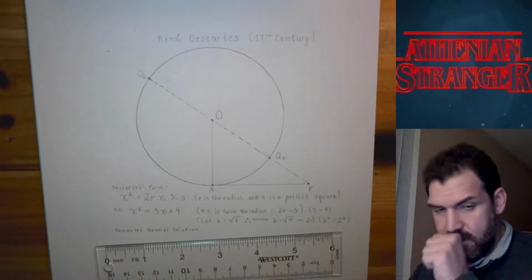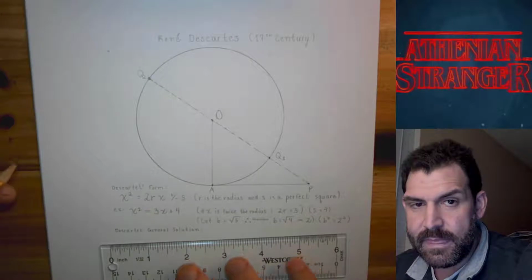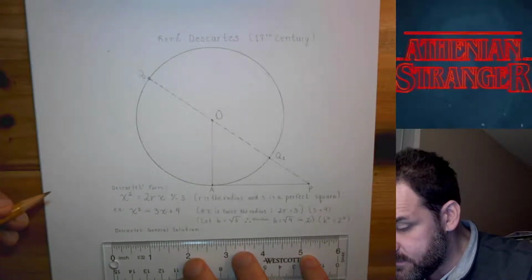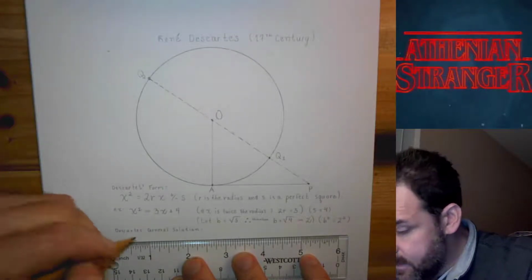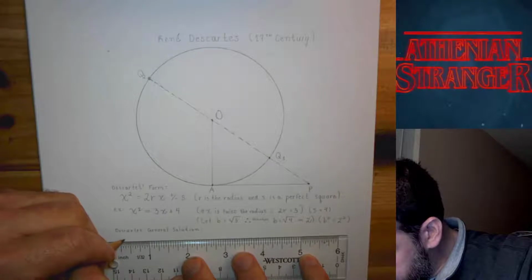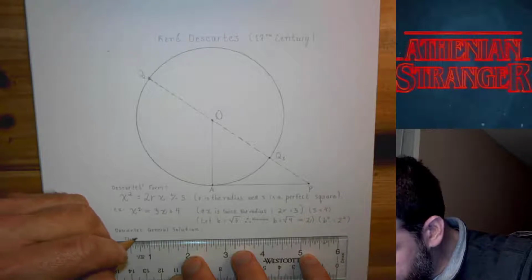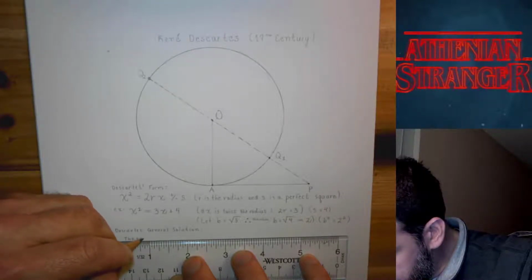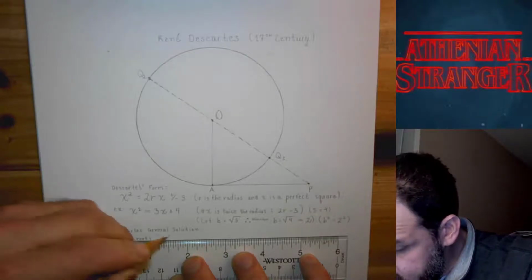This is the general, pardon me, the general solution. We're going to stick the numbers in a second. But the general solution is the roots. What roots is another way of saying: the answers to this quadratic, the solutions, the roots. In other words, where this crosses the x-axis, the roots of this equation